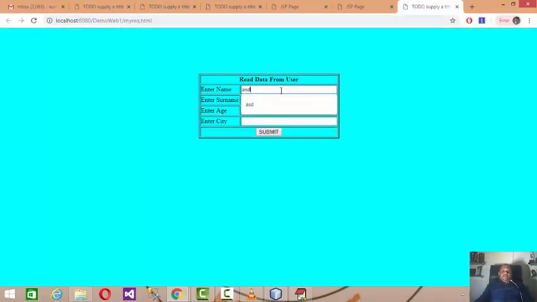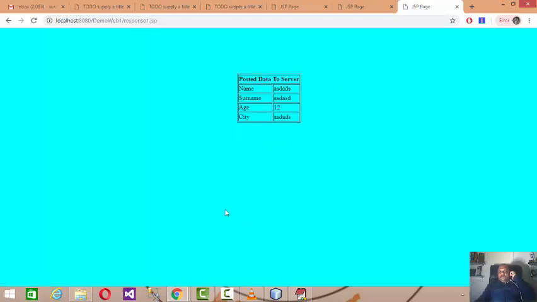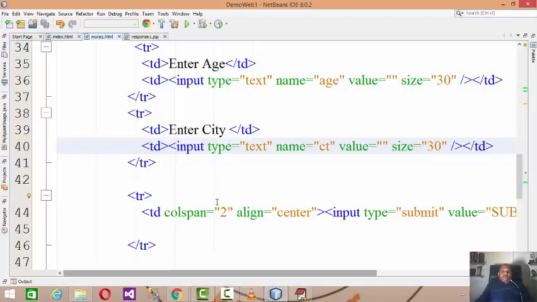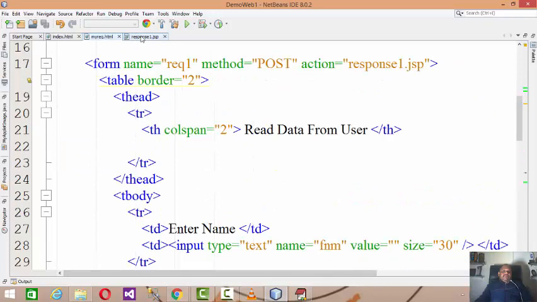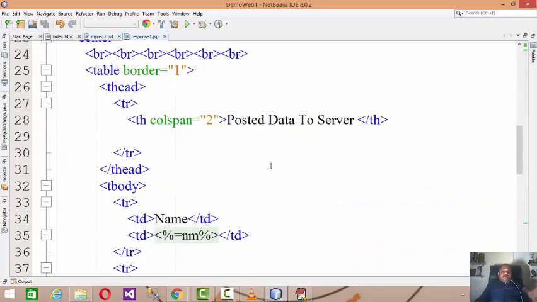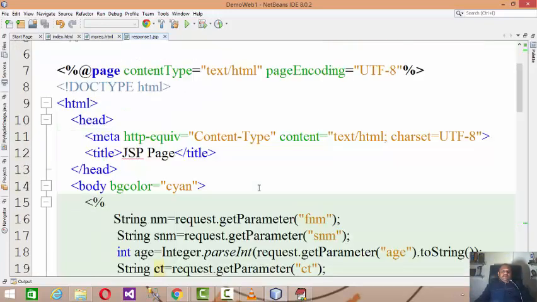Then enter anybody's name, anybody's surname, the age and the city, and submit this data. So whatever data we accept from the user gets posted to the server like this: name, surname, age and city. Now, just like in a Java program, after reading data you can process it over here.